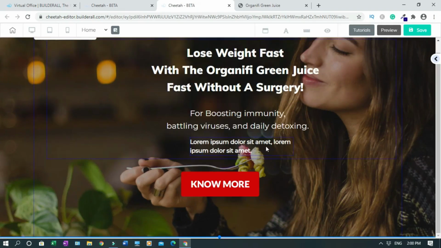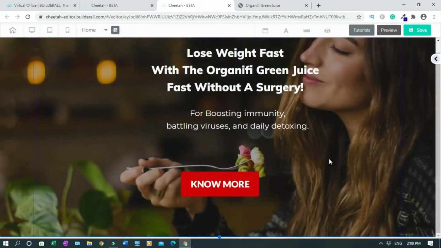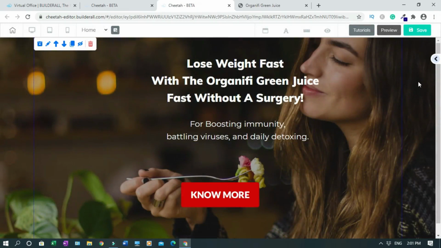Alright, so this I don't need it, so I'll just click it and delete it, because I don't really need it. So I'll change the background image because I don't want it. You click outside the box, outside this line. Then you click on edit,